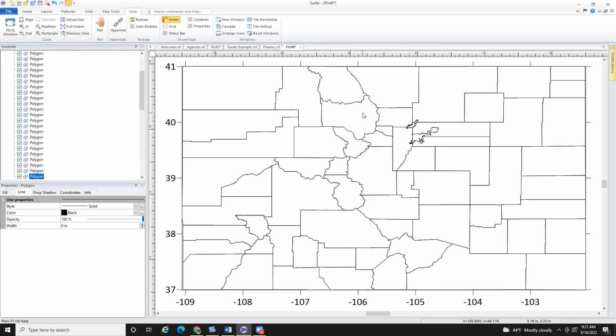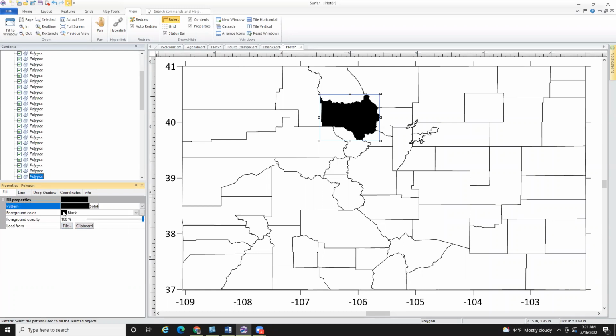All right, and so again, we're going to be working in Grant County. I've selected the county here inside the map. This is the largest county here in Colorado. And I'll put a little fill so you can see it a little bit better. All right, and so you can see that the extent of my map already is going to be a little